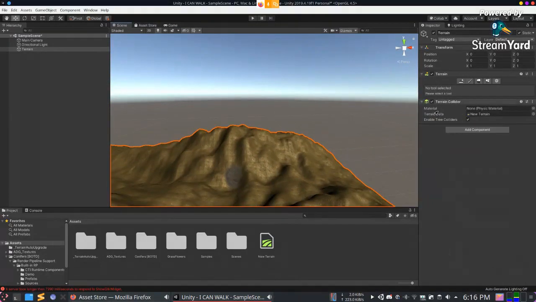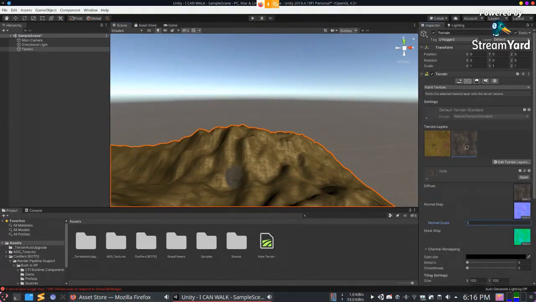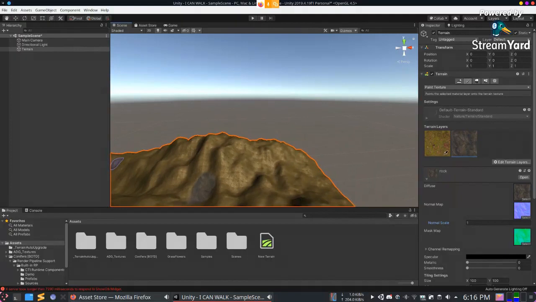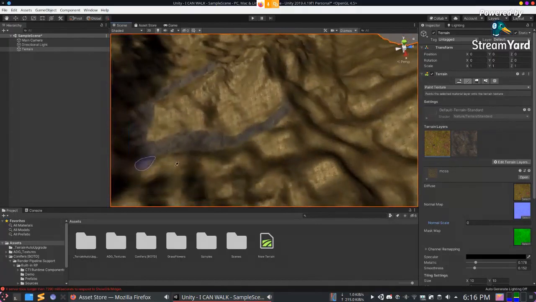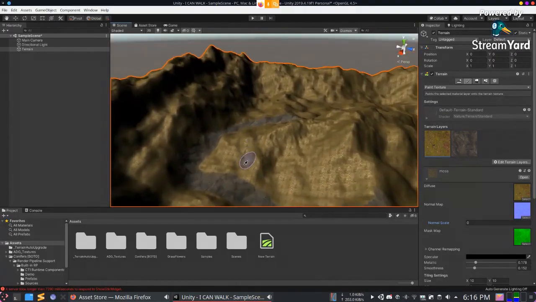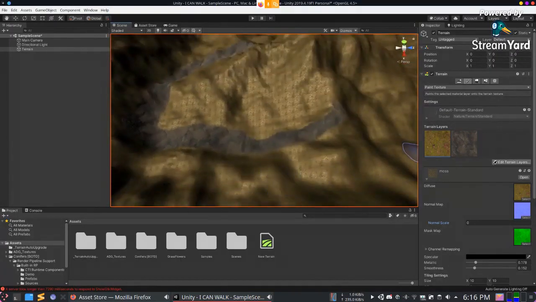Yes, so here's a bit of rock I don't want. So keep this selected, and then I press shift and then click. This idea didn't work properly. Okay, it does. I just overpainted it with the moss. So like this you can create roads and then add